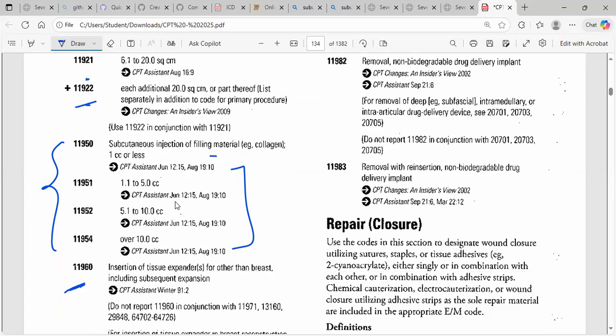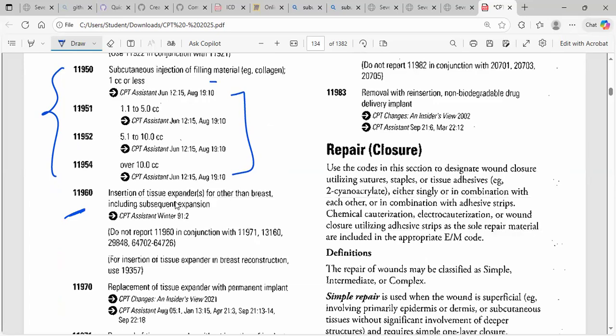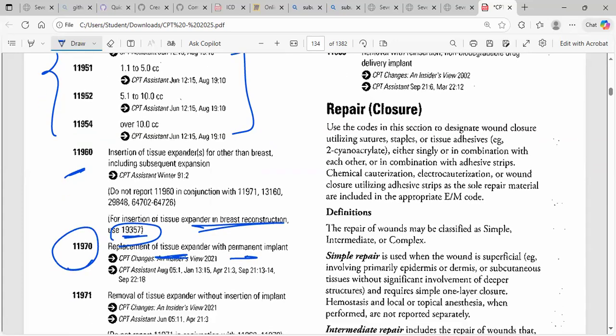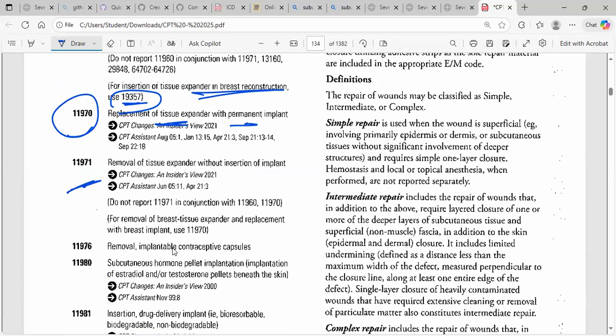Next we have 11960, insertion of tissue expander other than breast. So if the tissue expander has been inserted in the breast, we are going to pick a code from series 19. If it is in the breast, we have to use 19357. If it is other than breast, we are going to use 11960. If there is a replacement of the tissue expander, that is, a silicone tissue expander with a permanent implant, we are going to use 11970. If it's just removal,